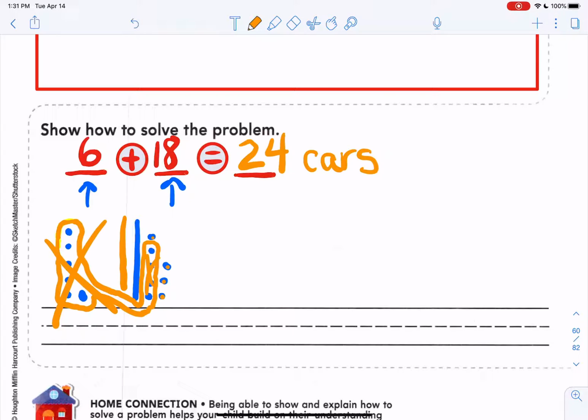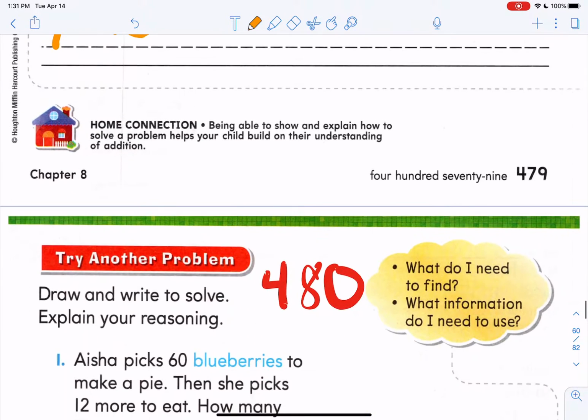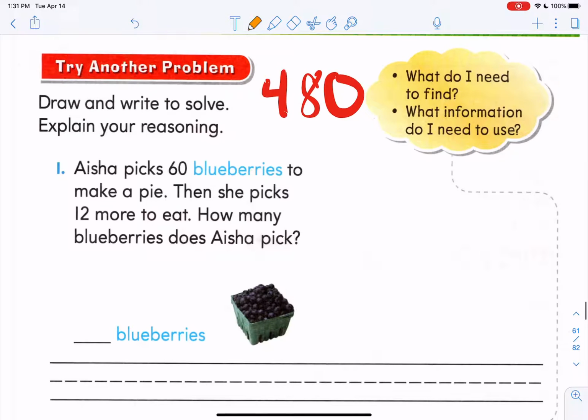Now that I've done the example problem, you can get your math book and a pencil, pause the video after you find page 480, and I'll be right here. Okay, now that you've got your math book and your pencil, and you're on page 480, you're going to try